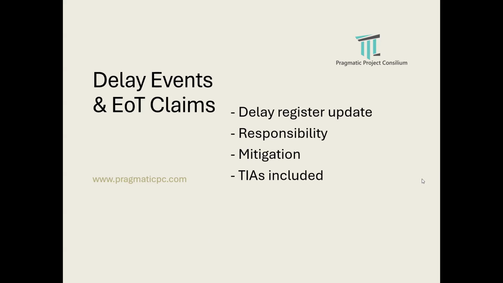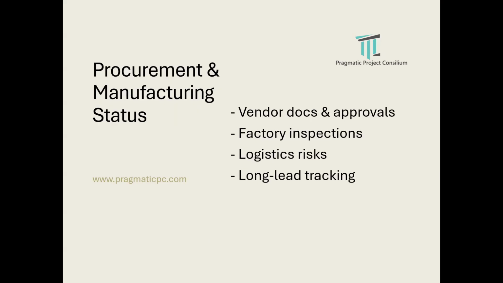Procurement and manufacturing status. So the procurement and manufacturing status will have a detailed number of vendor deliverables, whether they have been approved, submitted, what is the status, and what is the status of manufacturing, whether factory inspection has been done, and whether it has been